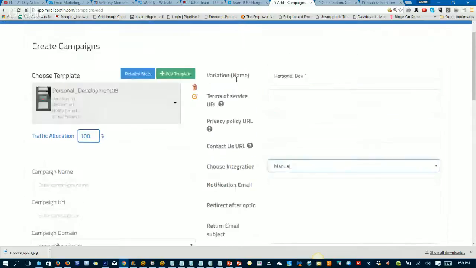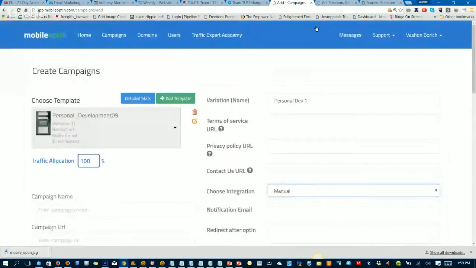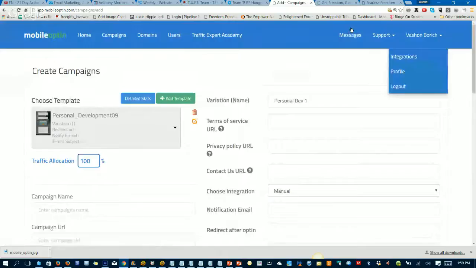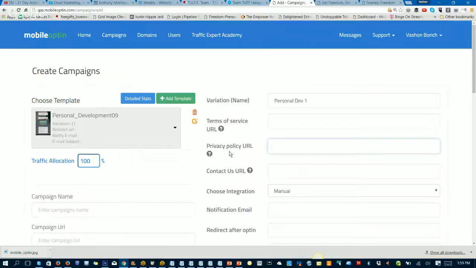Otherwise, there's an area where you can set it up, I think it's under your name actually. Yeah, it's right here under your name. It says integrations, and it literally walks you through step by step how to add your Get Response account or whatever account you use to your mobile opt-in. Otherwise, if you don't have it, choose manual, and it will collect the emails for you, and then you can just import those into whatever email autoresponder you use going forward.